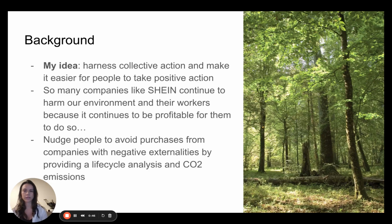And so, my idea for this project was to harness collective action in some way to make it easier for people to take positive action. I feel like there's a lot of people out there who want to do more to help the planet and don't know where to start and feel it's very overwhelming for them to do so, especially in such a busy world we live in. I created an app to make it easier for people to find out information about their